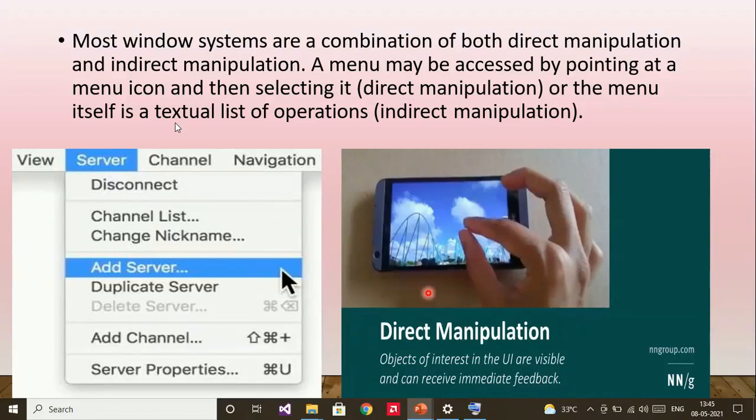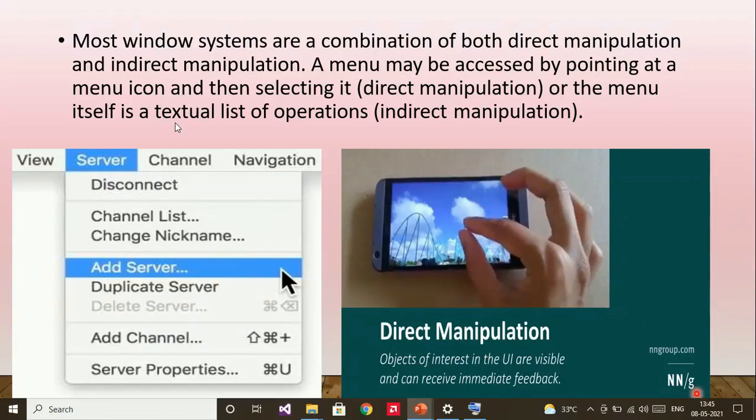Direct manipulation, you can do that if you are using a PPT, for example. You may see a zoom in and zoom out option in the lower right corner of your screen. So that is directly you can manipulate the window as you need.